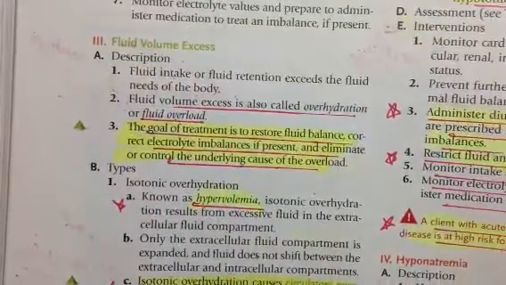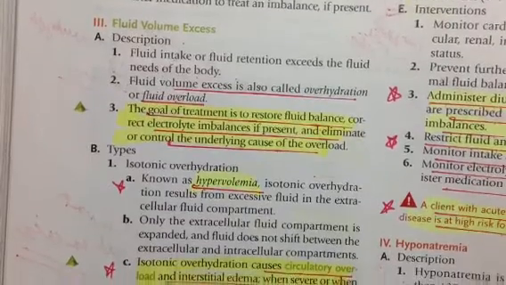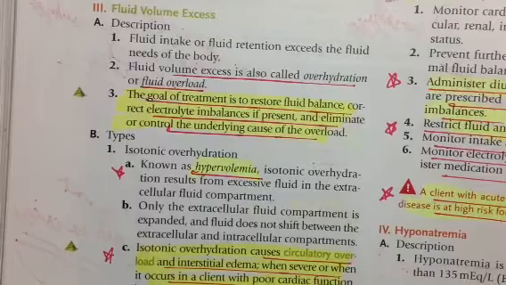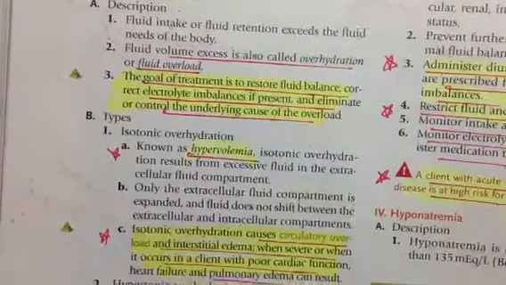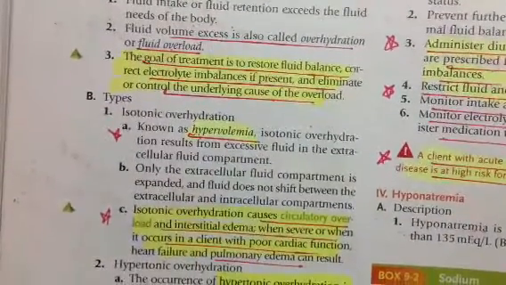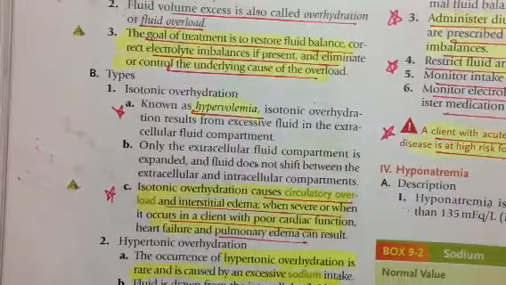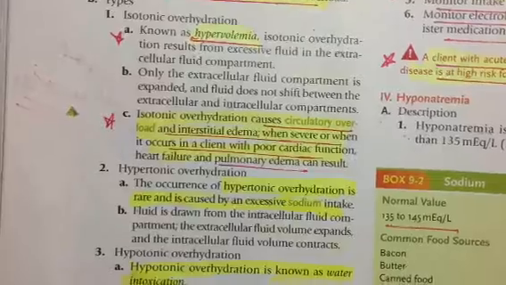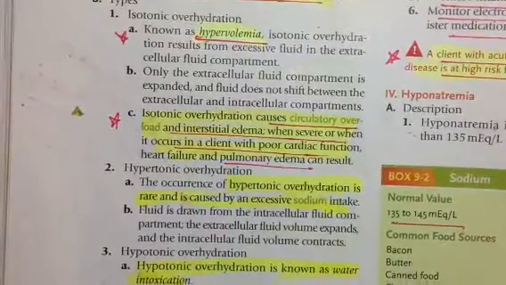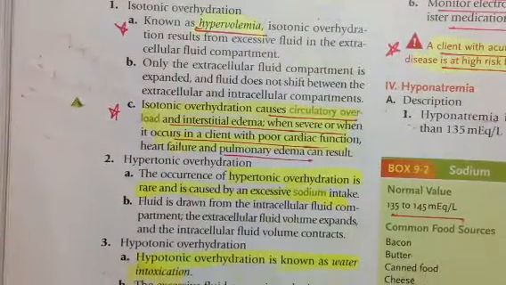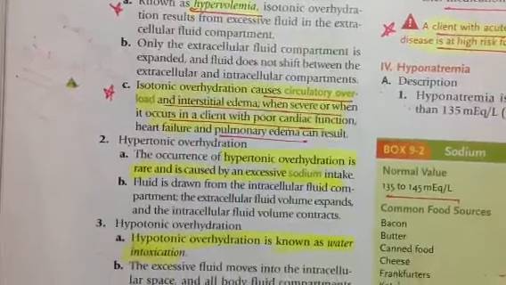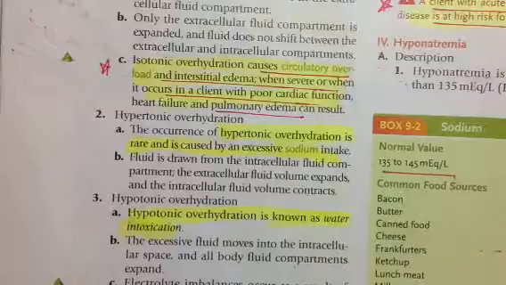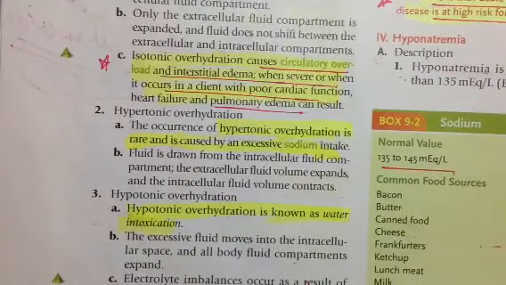Fluid volume excess. The goal of treatment is to restore fluid balance, correct electrolyte imbalance if present, and eliminate or control the underlying cause of the overload. Hypervolemia. Isotonic overhydration causes circulatory overload and interstitial edema. It is severe when it occurs in a client with poor cardiac function, heart failure, and pulmonary